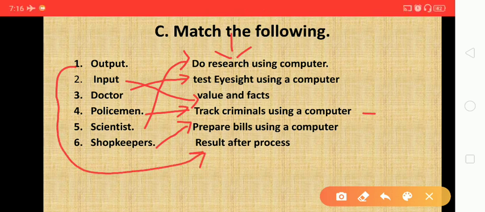Hope you will write it properly. Hope you will connect it properly. Clear? It should be very clear when you match it. What is meant by output? What we get, right? And what is meant by input? The values and facts we provide to the computer, right? Next thing,